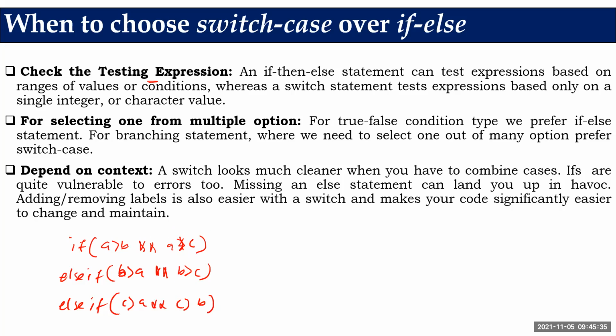So now see what we are checking. We are just comparing two values. So when you're comparing two values in C programming, what will be the outcome? The outcome will be true or false, because it is a relational operator, correct? And this is the logical AND operator, so it will be further evaluated on this side also based on the dependency of this part. So again, it will be either true or false. So whenever you're using a testing expression with relational operators, we prefer if else. So this is the first point I have highlighted.